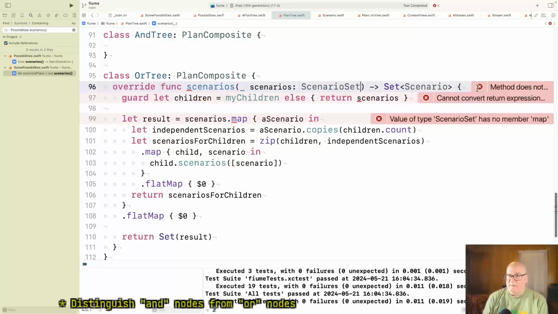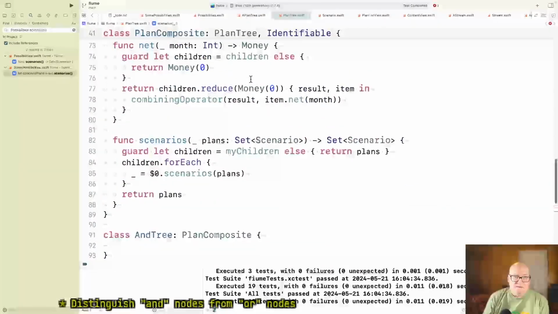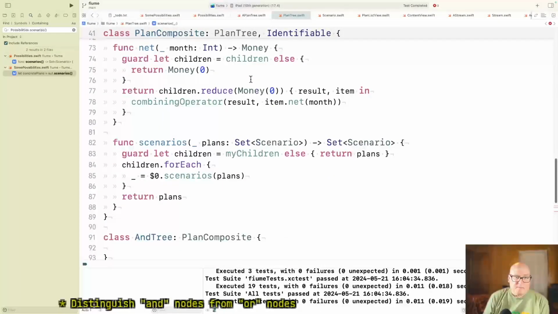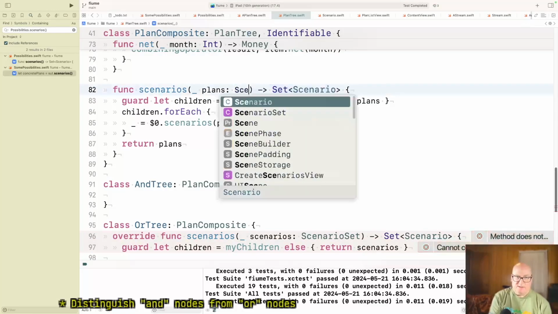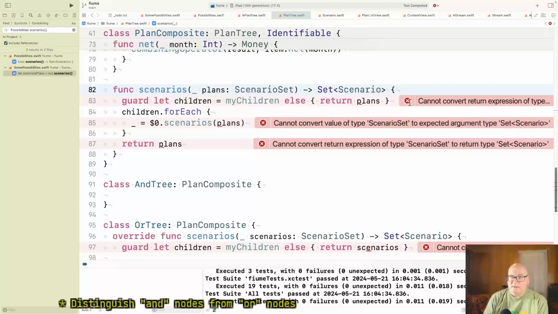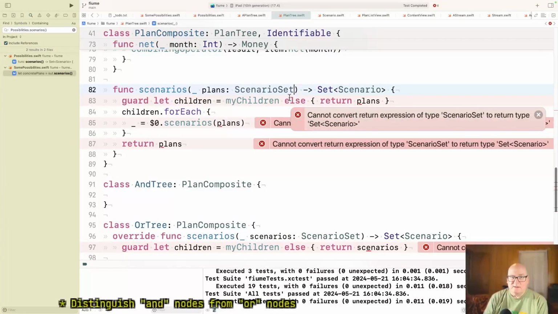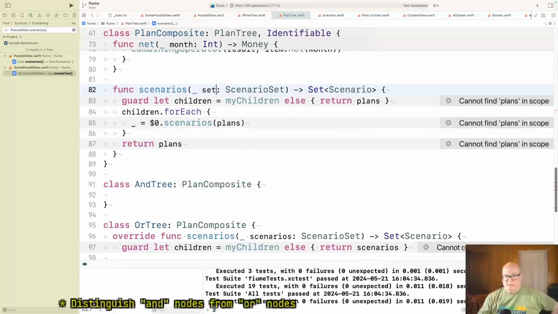All right, now method does not override any method. Oy, oy. Okay, so this needs to be scenario set. And cannot return expression of type scenario set. Right. Okay, so let's call it set.